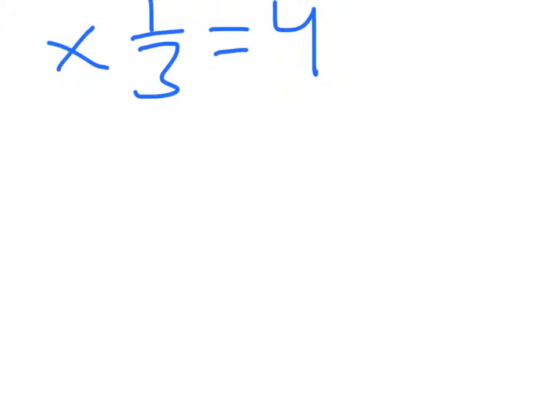Today we're going to talk about how to solve one-step equations with fractions. So here we have x times 1/3 equals 4 as our equation. So we do the line thing to separate the equation and the answer. And don't get confused about the fraction. Even though it may look like it's division because of the bar, it's actually multiplication and it's being multiplied by